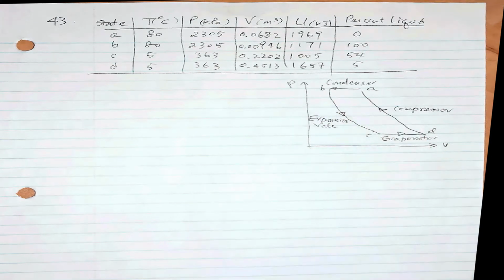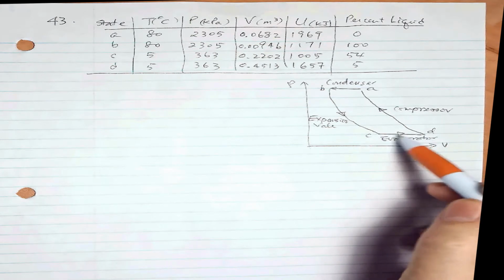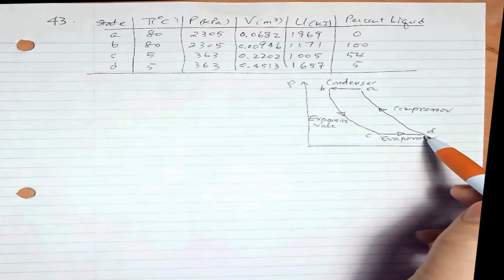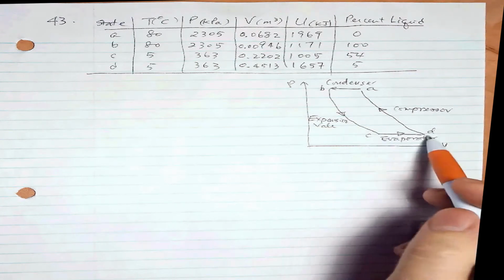Now question A is, in each cycle, how much heat is taken from inside the refrigerator into the coolant while the coolant is in the evaporator? So in other words, how much heat is entering the system during the C to D process? Okay, so in that case, we need to look at a few things. One is what is the internal energy change and what is the work done. So during C to D,